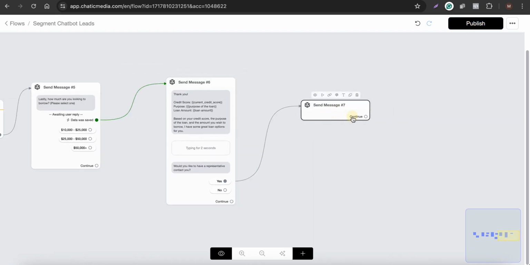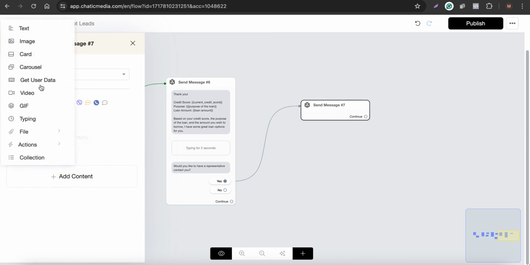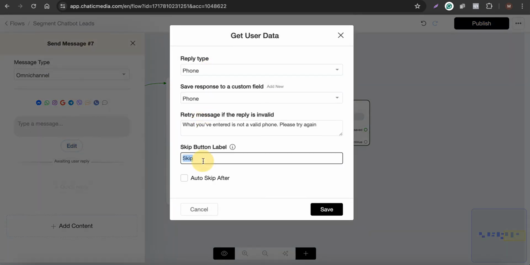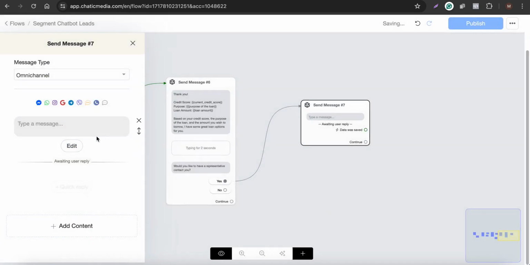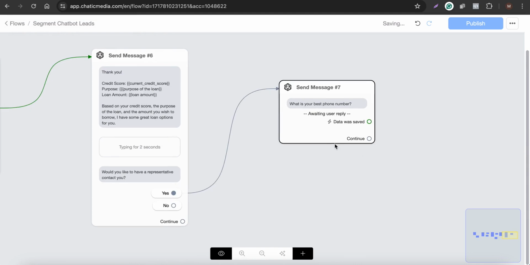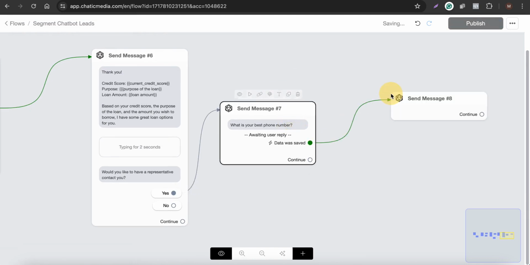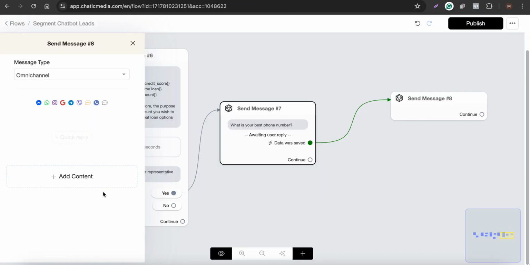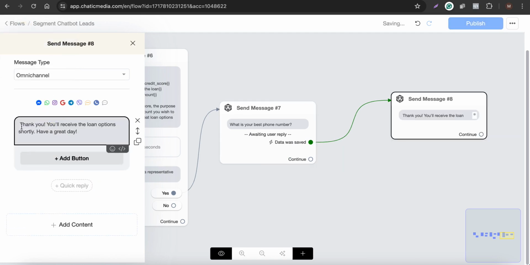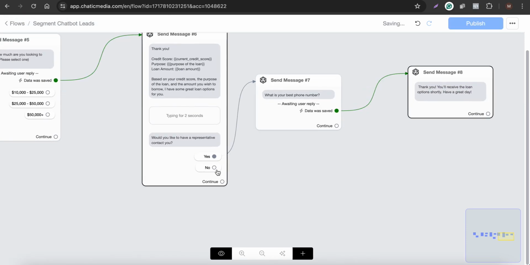Let's say I want to ask them for their phone number, so get user data, and here let's ask for the phone number, and here, what is your best phone number? And once they provide the phone number, let's send the message as well. Let's send this message right here. Thank you, you will receive the loan options shortly. Have a great day. So if they say no,